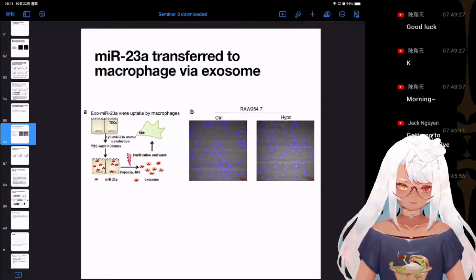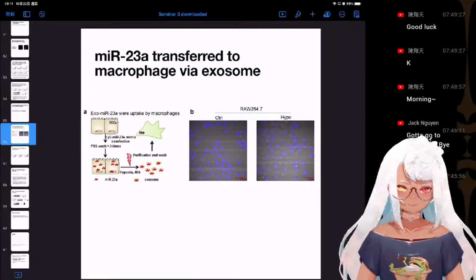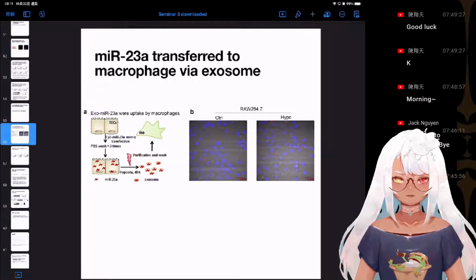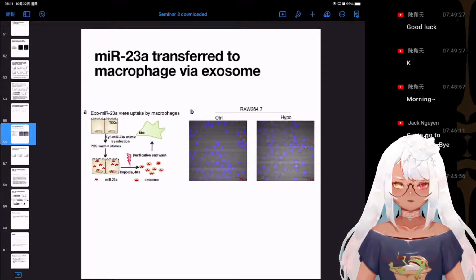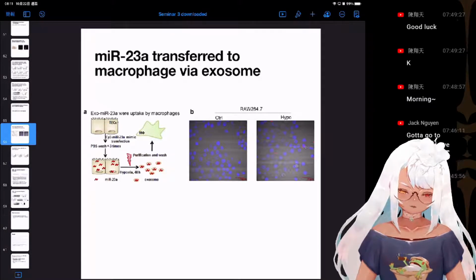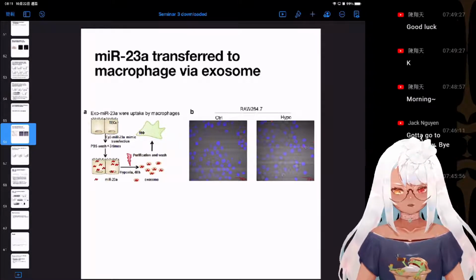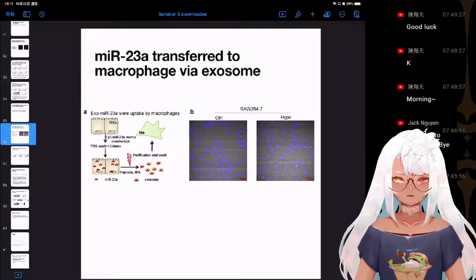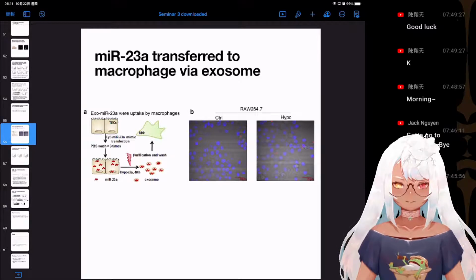As a result, in figure B, in the immunohistochemical, wait, it's not immunohistochemical, right? Immuno or whatever, let's forget about it now. So in figure B, we can see that there is an increase in the internalization of the red dots, which are the mitochondria, inside the mouse macrophage.